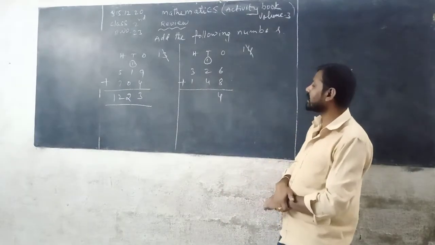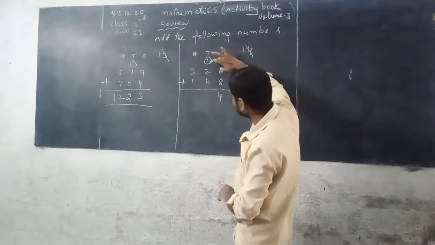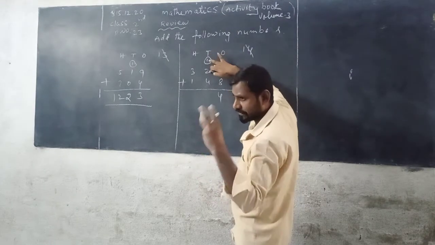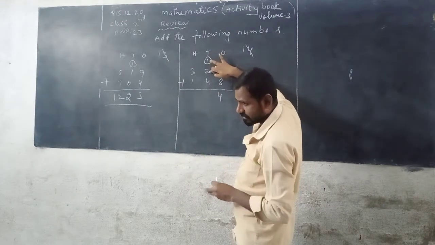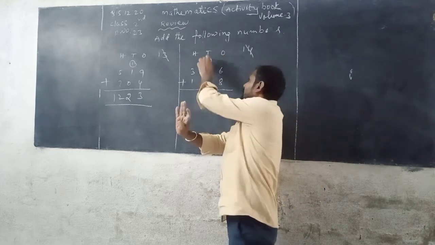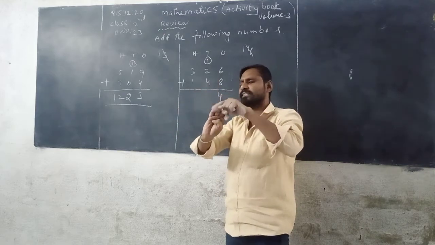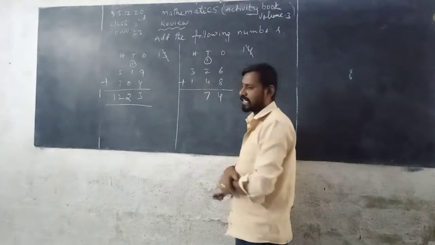Now next, add the digits in the tens place along with the carrying digit. Look at the blackboard. 1 plus 2, 3. 3 in the mind. So how many fingers do you take? 4 fingers. 1 plus 2, 3. After 3 you count 4 fingers: 3, after that 4, 5, 6, 7. 7 is a 1-digit number, you can write it directly, there is no carry.